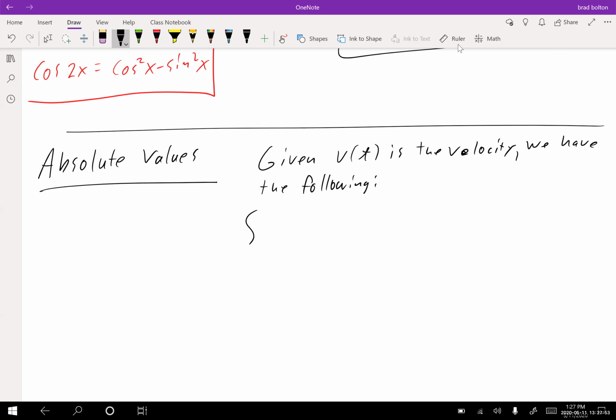We have that the integral from a to b of v of t dt. So this is now a definite integral. We're switching back to definite integrals. It gives displacement